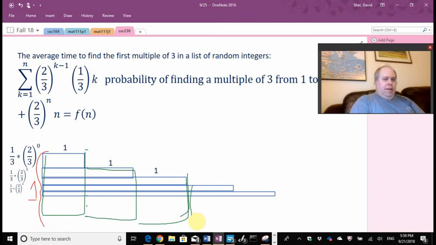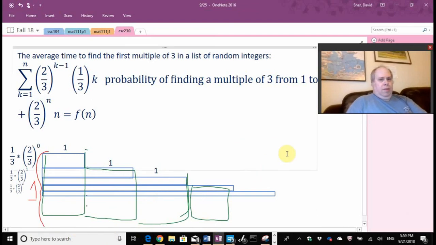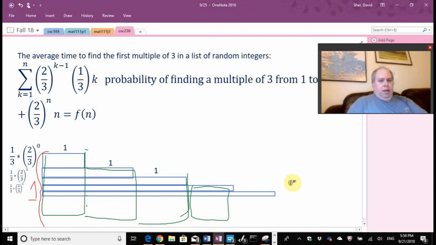So I get a series of rectangles. So if I have an infinitely long list, the average time it's going to take is the area of this structure, and it's going to be equal to